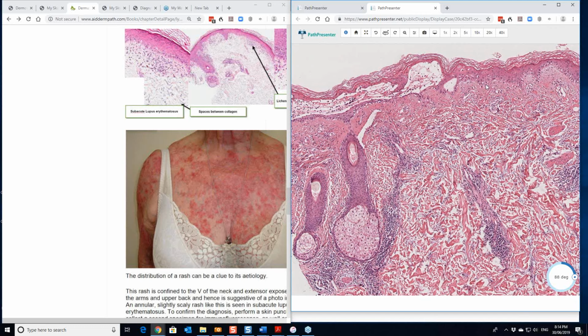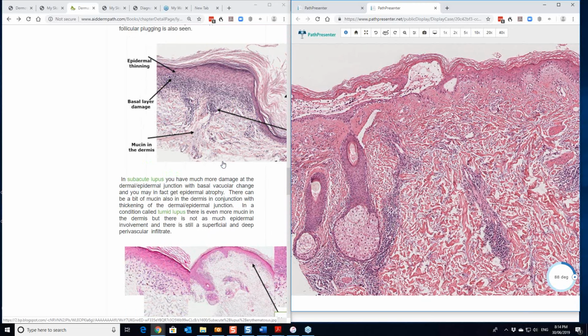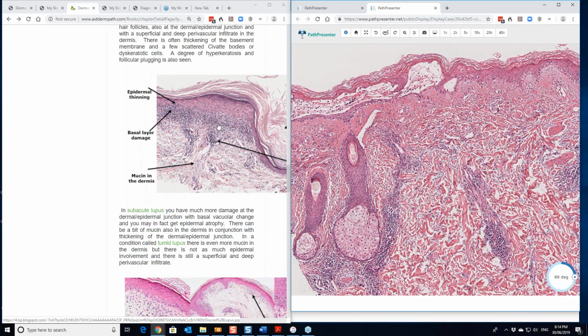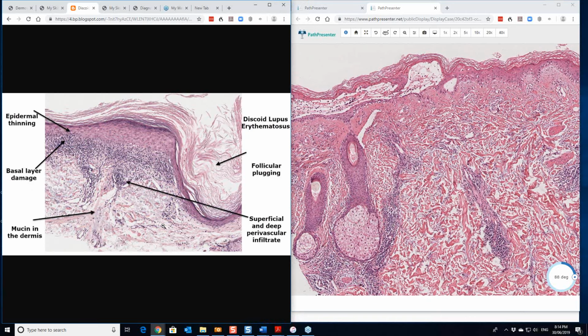Subacute lupus would give more damage along the dermo-epidermal junction without that blister formation, and still give the superficial and deep perivascular and the lymphocytic infiltrate around the adnexal structures as well. These are some other pictures here. This was more the picture that you would see in